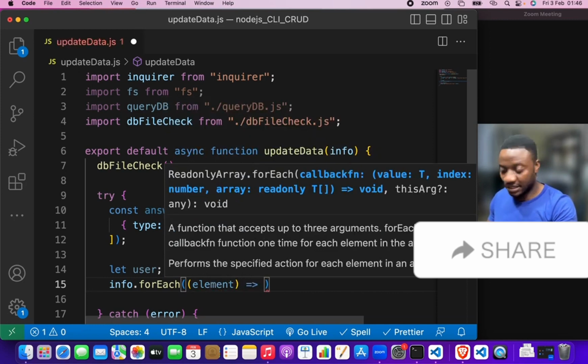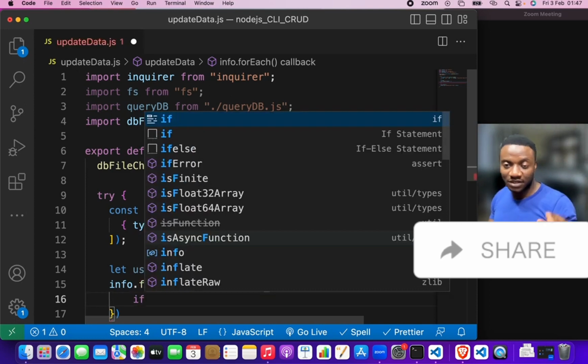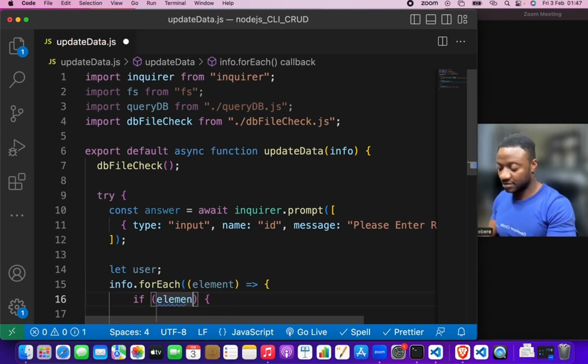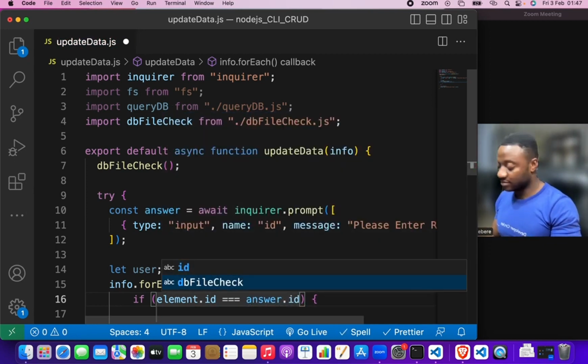and then it takes in a callback function too. So it's taking in two arguments. One is each of the data, or an element representing each data, and then there's a callback function where everything happens. So what do we want to check here? We want to check if there is any match. So if elements dot id is equivalent to answer dot id, then